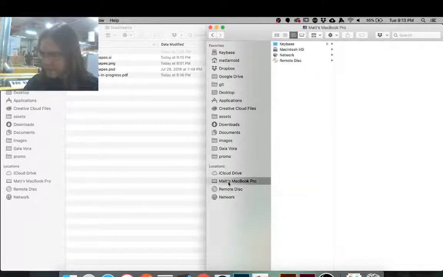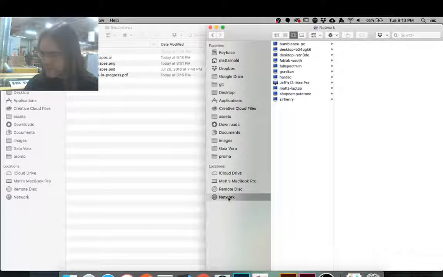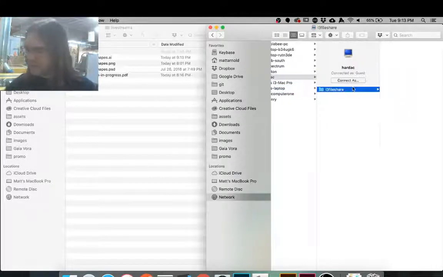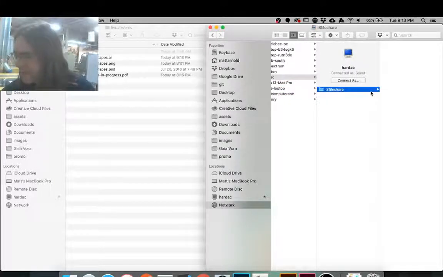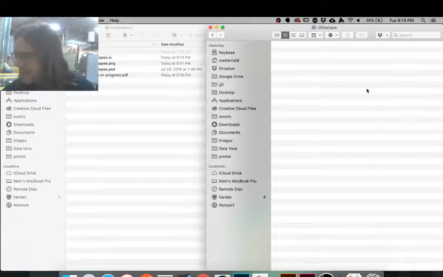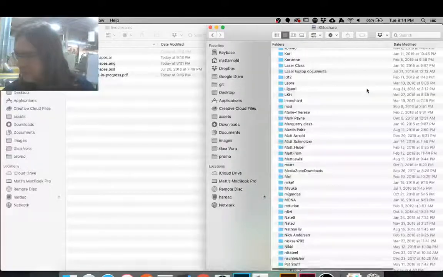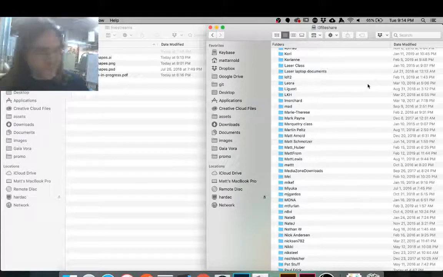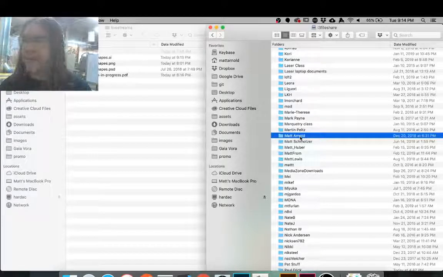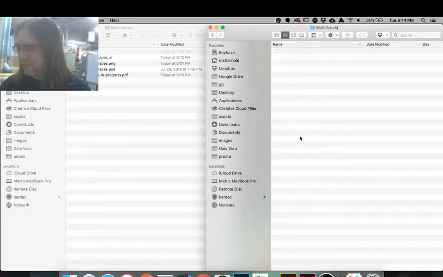let's see, where's the file share? I3 Detroit file share. Here we go. I3 file share. This is because I'm on the Wi-Fi here at the Hackerspace. We have our server, and I can just connect to the file share, so I can take my files from one computer to another very easily just over our Wi-Fi. Whenever I'm connected to the Wi-Fi, I can just go to this folder that I have on our file share,